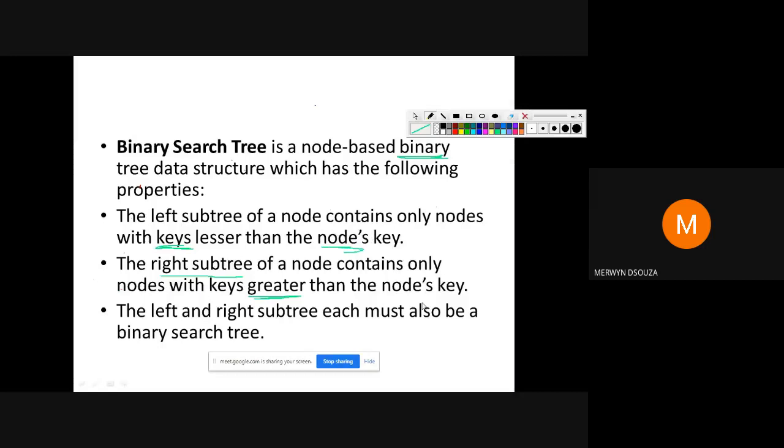So basically this node here stands for the root node. The left subtree will have lesser values than the root node. Right subtrees will have greater values than the root node. Okay. Then the left and right subtrees themselves will be binary search trees. Okay. So it's a repetitive process. So right now you just note down this definition. When we see an example, you will understand this better.